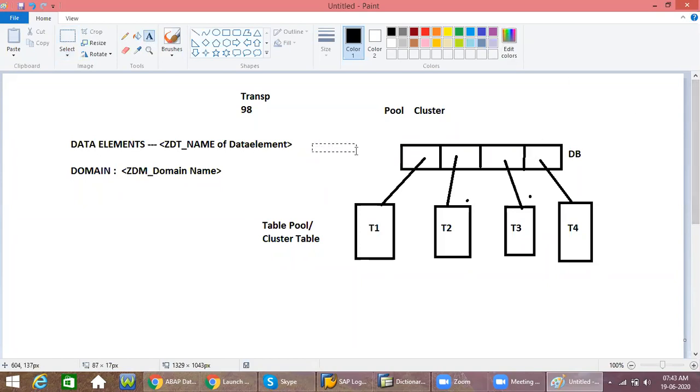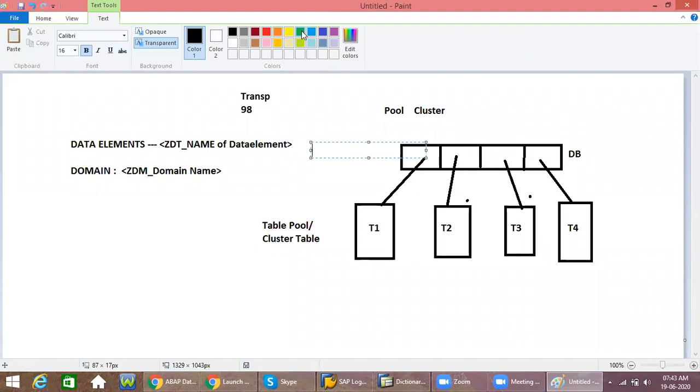See, this is the top one, whatever the top one is there. This is a cluster table or pool table. Namings are different, you can recognize it. Whatever the head is there on top, that is cluster table or pool table.